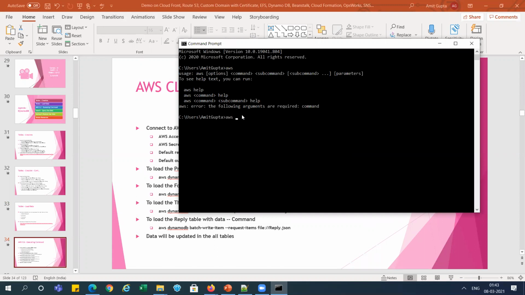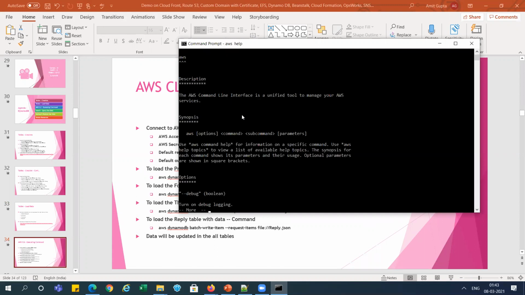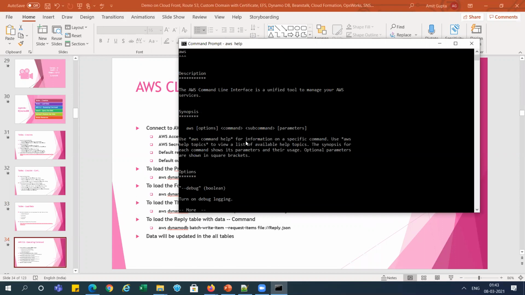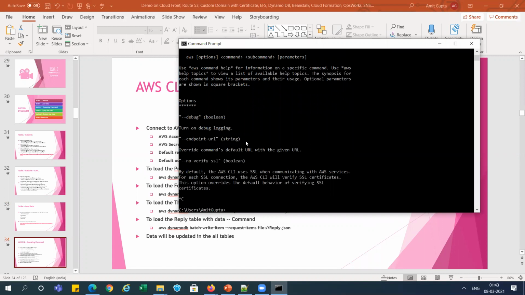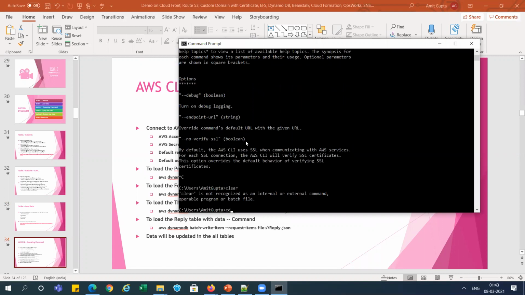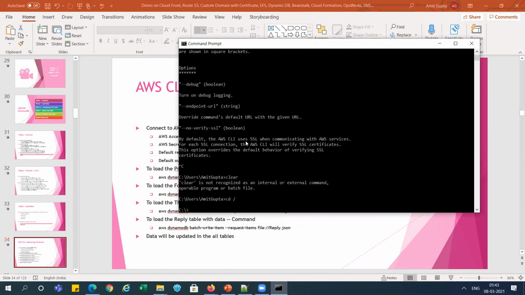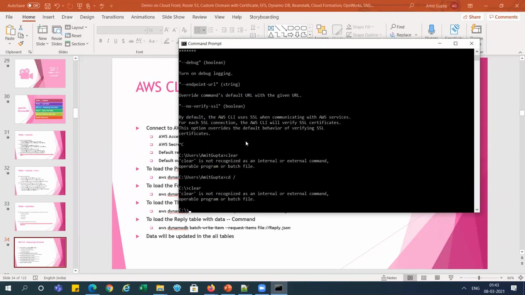When you install the CLI, that's a different topic. Go and install the CLI in your local system. See, it is working fine, right? So we need to go to the C drive, right? Clear does not work in Windows. It's a Windows system, right?